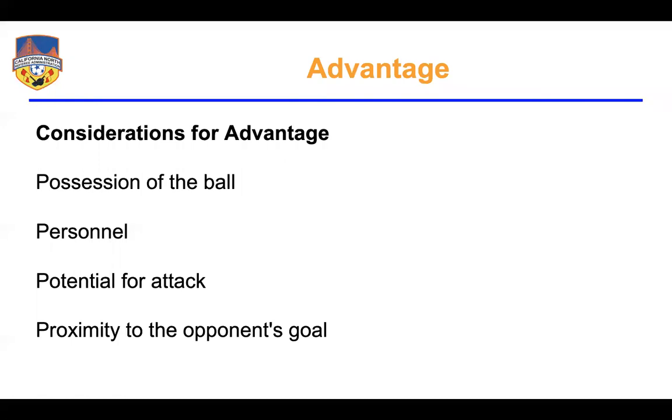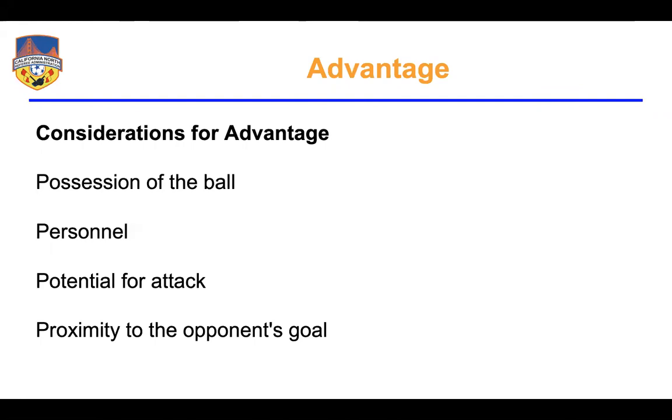But I think you can consider the personnel here. As I said a moment ago, you can consider their skill set and decide if they have the skill set to actually go and create a potential for an attack. If they're 10 years old and they're still figuring out how to kick the ball, it's probably going to have to be in the goal mouth with somebody about to kick it in before we think about calling advantage. The older the kids get, the better their technical skills get, the more they understand the game, the more we can think about things like advantage. I hope that answers your question.